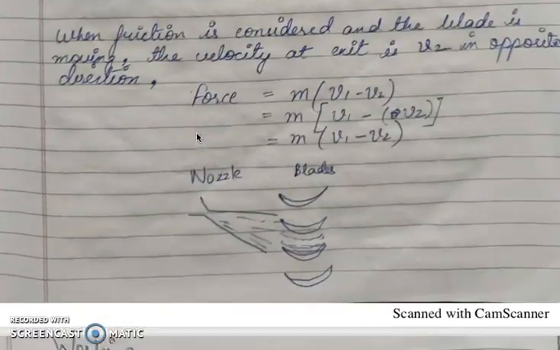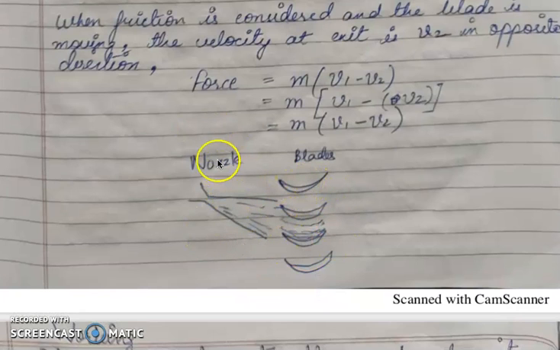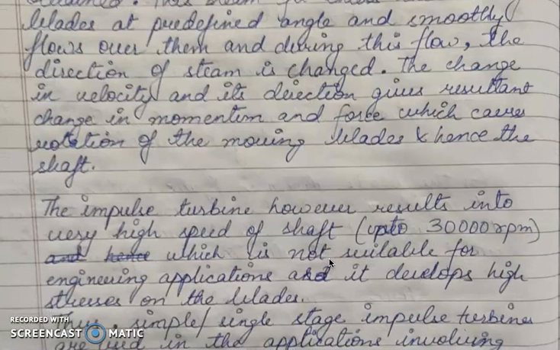Out of the two components, nozzle and moving blades, the whole pressure drop takes place in the nozzle, and the blades have equal cross-sectional area in between, so that no pressure drop is allowed during the flow. The pressure drop happens here, and velocity is increased at the end of the nozzle at the expense of that pressure drop. Then this high-speed kinetic energy jet, when it strikes the blades, delivers its momentum, and hence the blades rotate. So we obtain mechanical energy. This is the basic working of the impulse turbine.